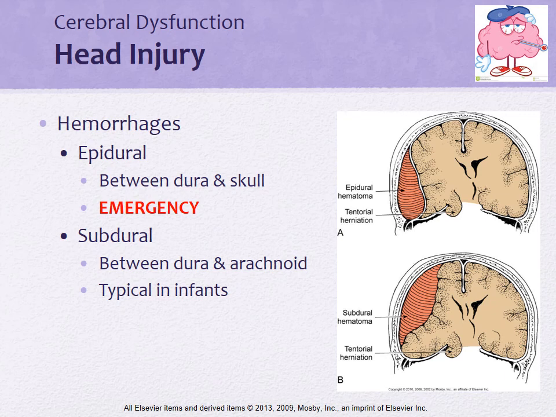Any baby with a subdural bleed plus retinal hemorrhages should be evaluated for child abuse. They'll use an ophthalmoscope and look, and the retinas will have little red spidery things coming off, which is a retinal hemorrhage. If they have retinal hemorrhage plus a subdural bleed, that's suspected child abuse because typically that comes from a shaken baby or some type of shaking trauma. Otherwise, subdural is very slow. It's not as much of an emergency as the epidural, which is a rapid expansion and an arterial bleed. Epidural is an emergency, arterial bleed; subdural's not necessarily an emergency, more of a venous bleed.